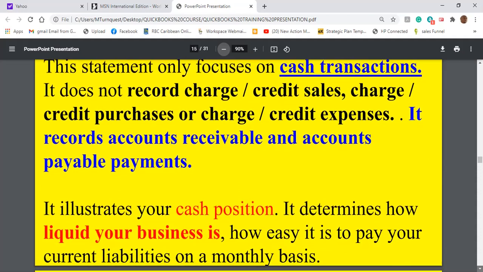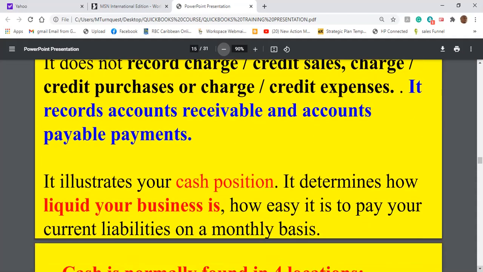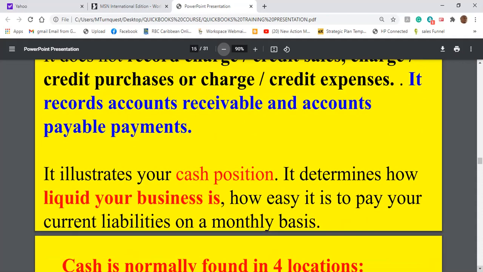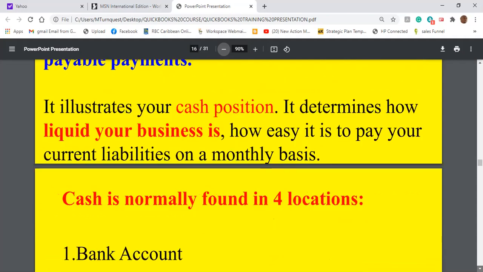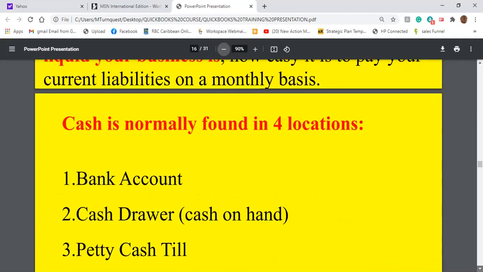Okay. And it really determines your cash position in the business. In other words, how liquid you are to pay your monthly bills, like when your rent comes around, salaries and everything, it deals with that only. And of course, your cash is normally found in